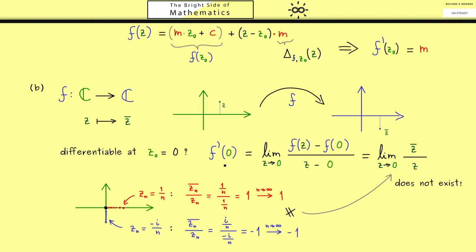In other words, f is not differentiable at the point z0 equal to 0. Accordingly, we immediately have a counterexample for differentiability. Here please recall, I already told you, you can do the same proof for every other point z0. So the conclusion is indeed the function is nowhere complex differentiable. At first, this might be surprising because the function is continuous and indeed a very simple function. In fact, we can reformulate this and say that differentiability for complex functions is a very strong property. And I can promise you this will get very apparent soon.